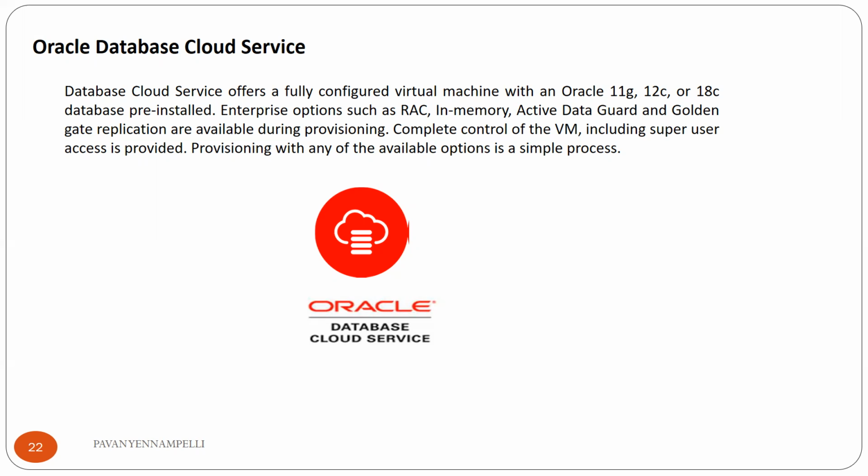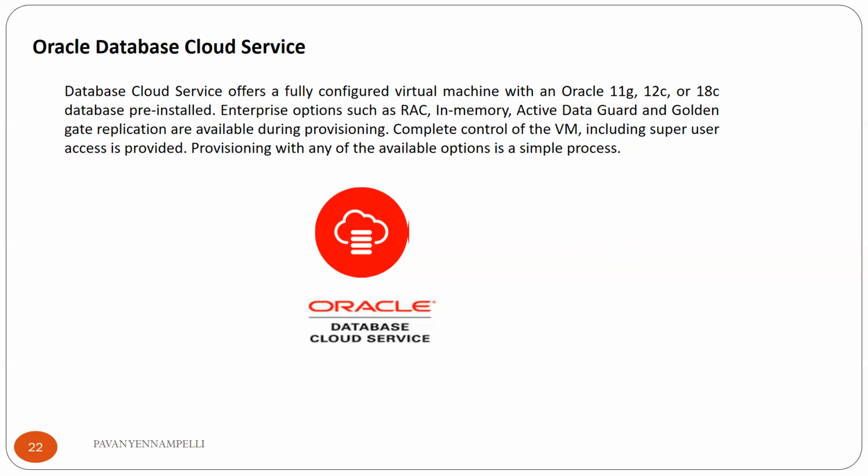In a cloud virtual machine database, you will get a server IP, and you will also get access to the server through SSH connectivity, PuTTY, and you can have root access on this virtual machine. In this cloud database service, you can also have options like RAC availability architecture and Data Guard architecture. You can even use GoldenGate for this cloud service.